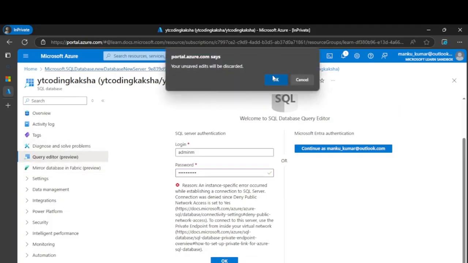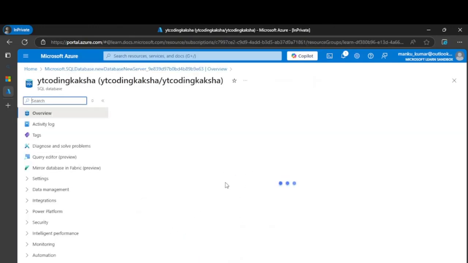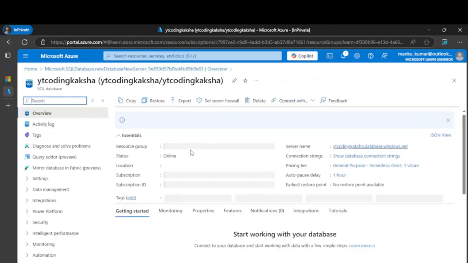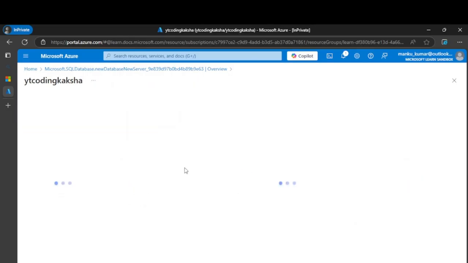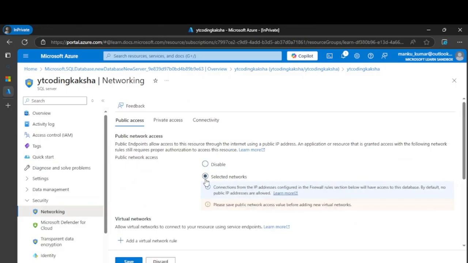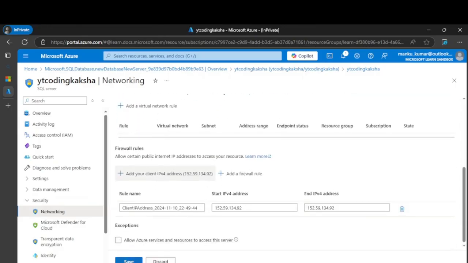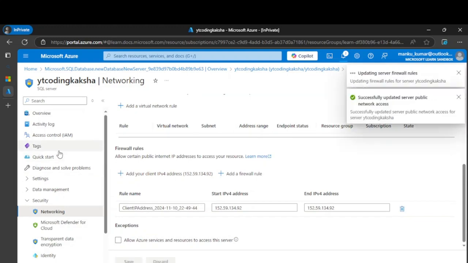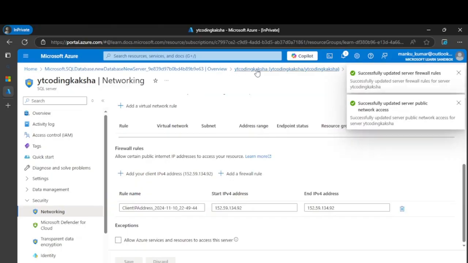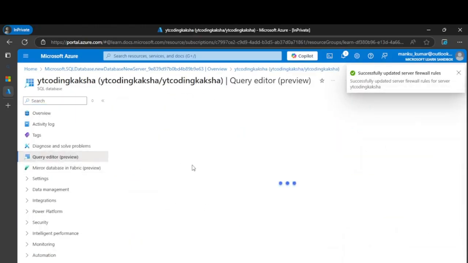Let's come over here and do one thing. Go to configure, and in networking we have to give the selected network and provide our client address, and just let's save it. Come over here. Let's go to the query editor.